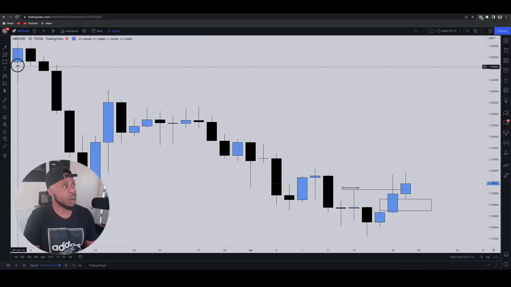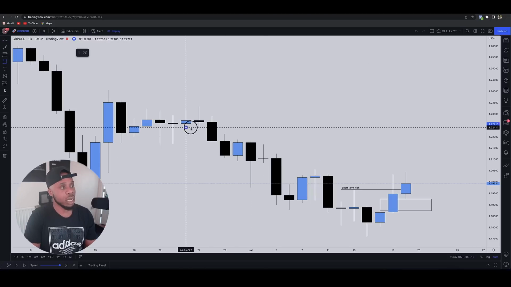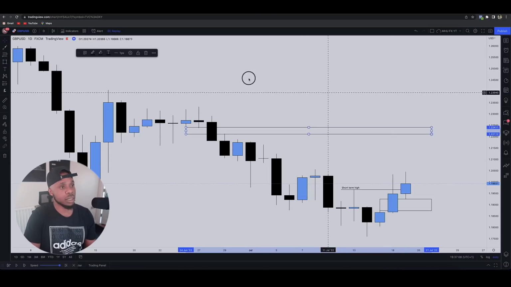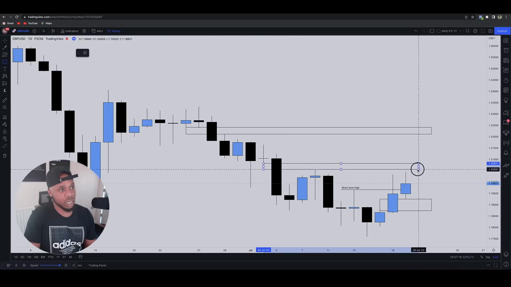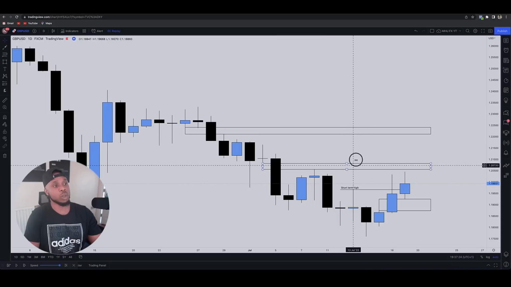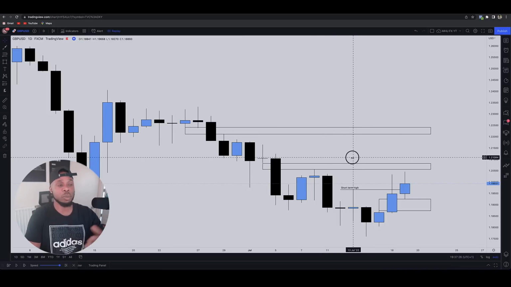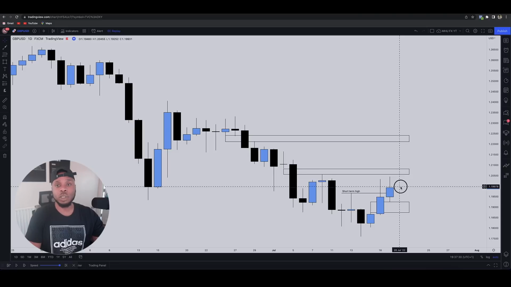And so from the very high, we can see over here, we have this imbalance that price could get into, that one here. We have another imbalance over here that price hasn't fully filled up. So this was the whole imbalance. They filled in some of it, but not the majority of it, as you can see. So I'm just going to expand this to the right here. So we've got two sets of imbalances now that we could be looking to target for areas where price could